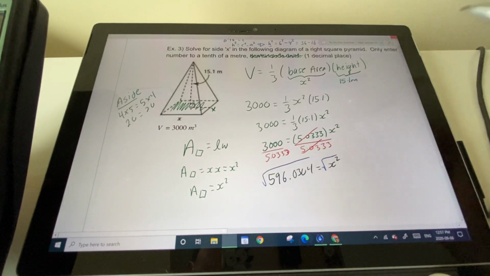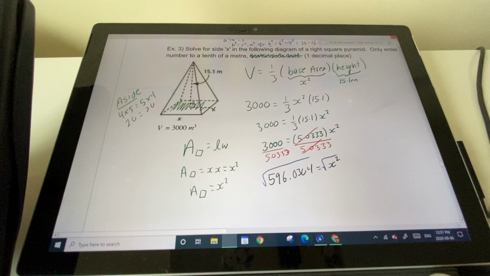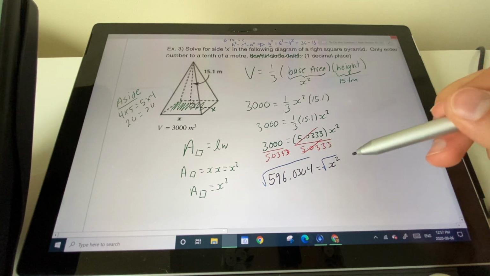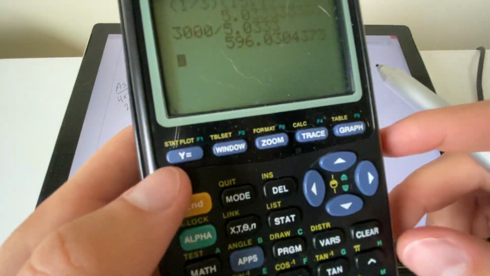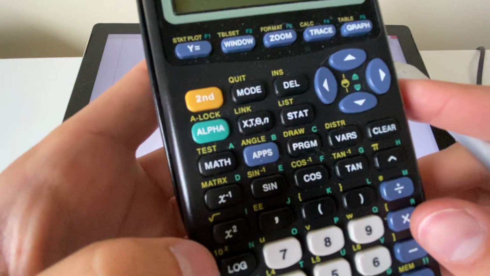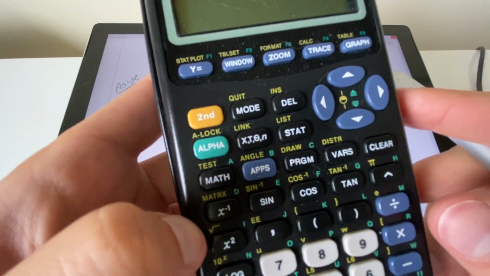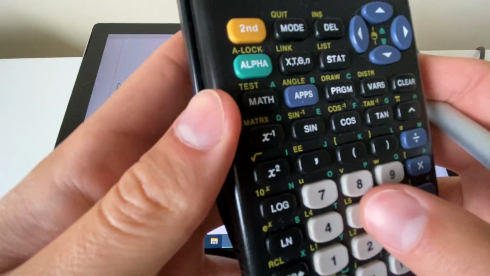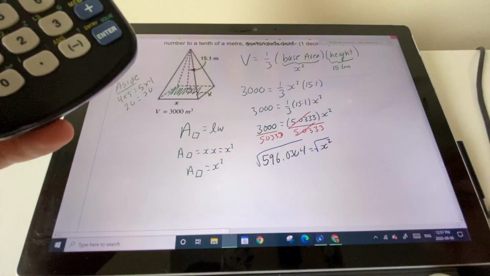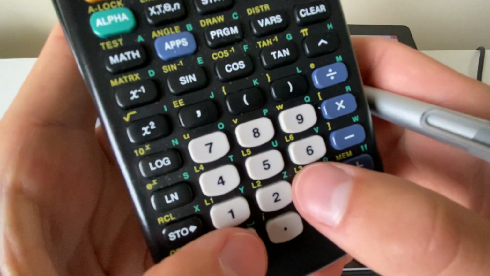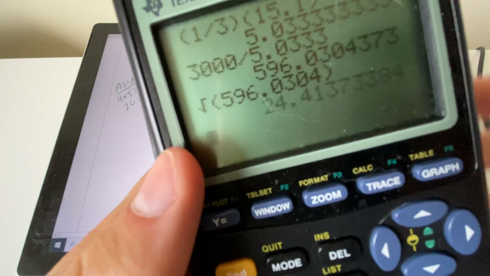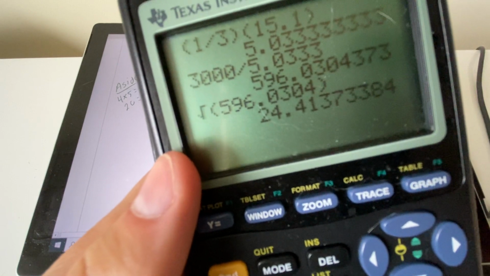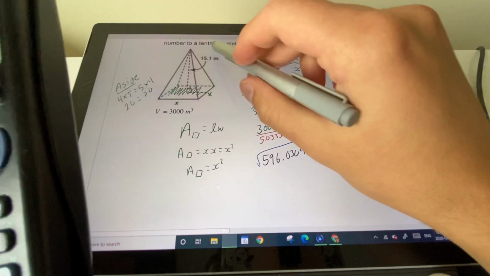So we square root both sides, okay? Square rooting is the opposite of squaring something. So here, second square root, right? That's where the square root button is. 596.0304. So there is our value, and we'll get x equaling 24, and it wants us to round it to the